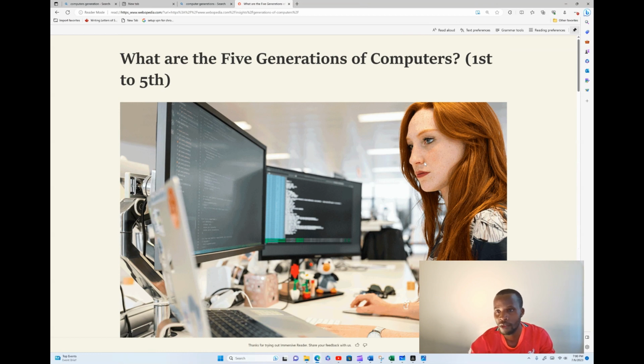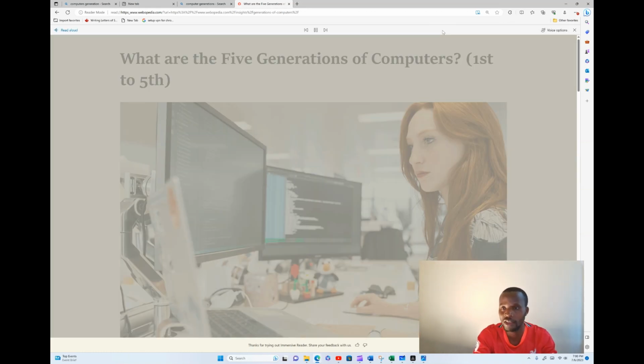As a reader, you may decide to read this in a loud form. Microsoft has an inbuilt sound reader, whereby you can change this into audio, and then it will start reading for you. For example, when I click on this, it reads: